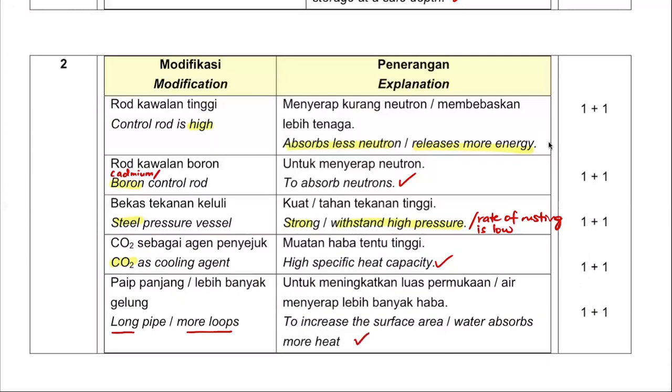Okay, so overall you will get 10 marks for this. 10 marks for that. Okay, moving on to the